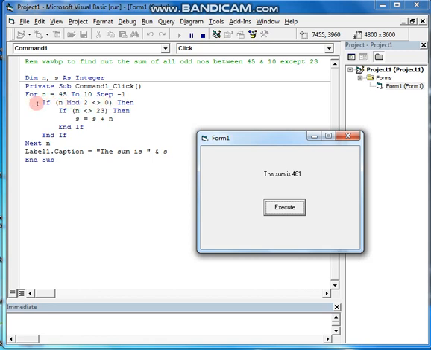So first one was odd numbers, so here we did the odd number concept. In this case I did odd number, n mod 2 not equal to 0. In this case it is finding the odd numbers. Thereafter, except 23 means 23 has to get excluded, so 23 we excluded in this case. Thereafter we found the sum, and end if for this if, and end if for this if, and next. So it means the